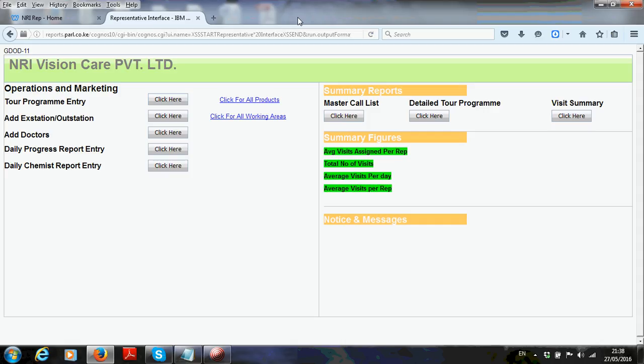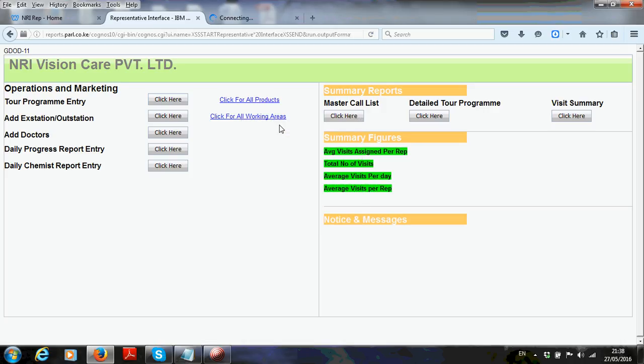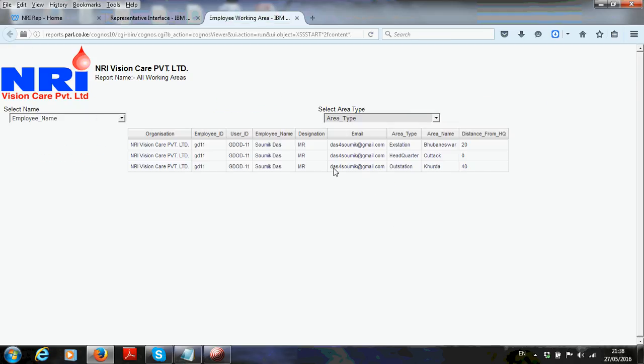Now if you want to check the areas you have made entries, you can come here, right click, open in a new tab, and you will have all the areas you have just entered.